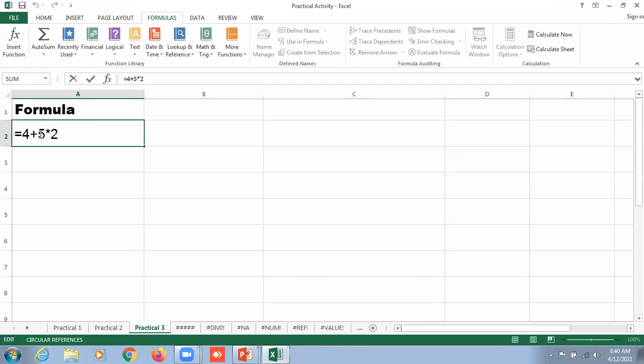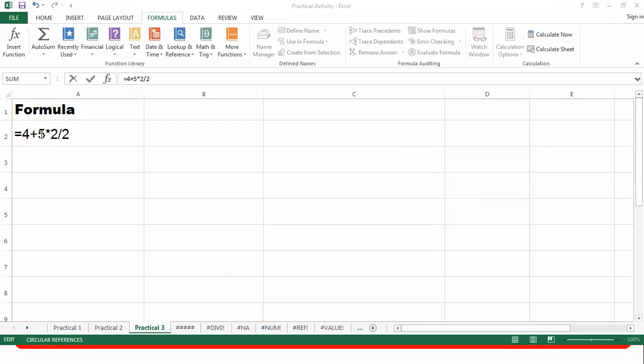Okay, can I add one more thing here? I'm just going to divide it by 2. Now just tell me the output. फटाफट. अब देखिएगा जरा. In a chat box, I am waiting for your responses. And now remember, because both multiplication and division have the same hierarchy, we are supposed to sort it out from left to right. 5 multiplied by 2 is 10. 10 is supposed to be divided by 2. 10 divided by 2, and then we got 5. And then 5 plus 4, it says 9.